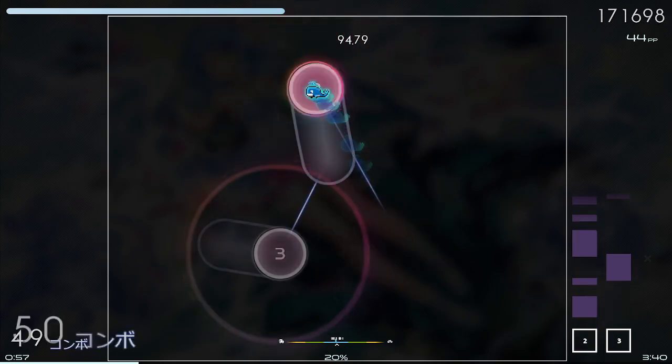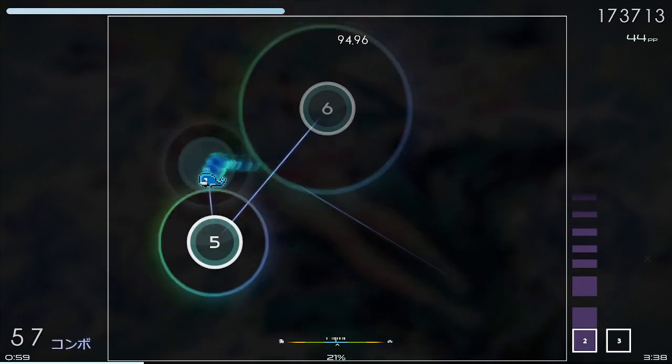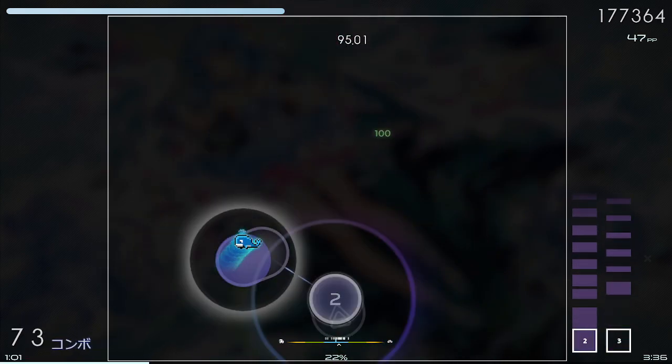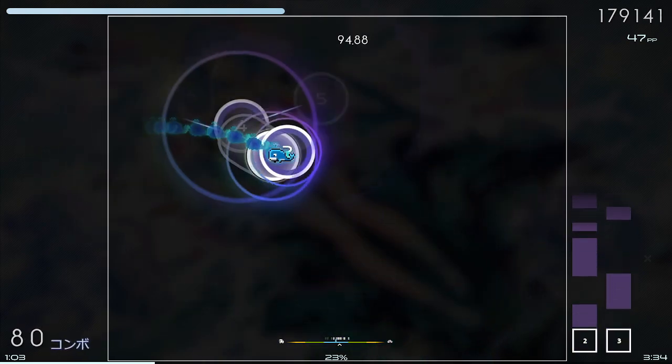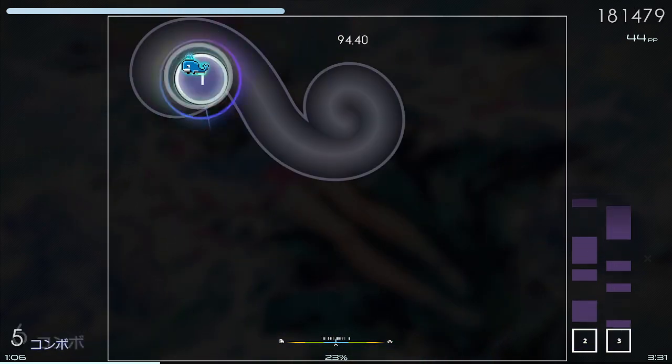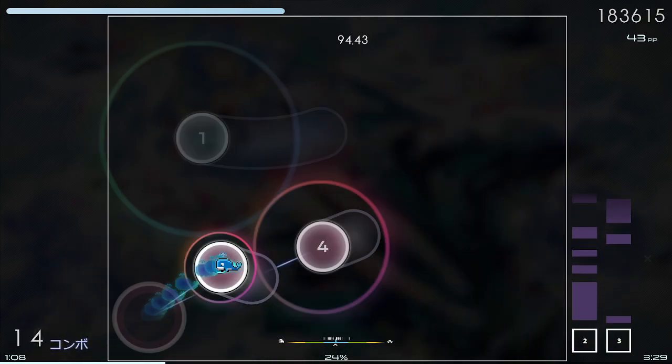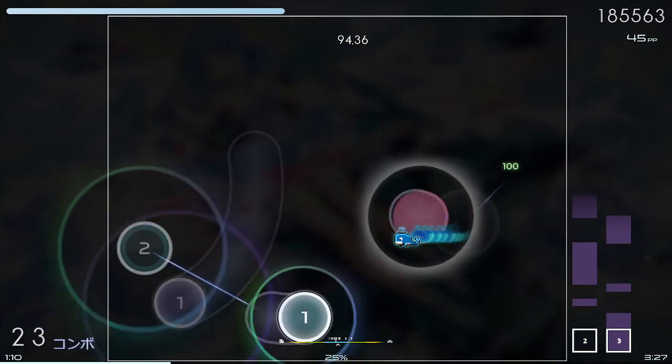And I did not know that for the longest time. So I was like, why am I not getting 300s on any of these? So confused. But yeah, okay, look at this map. Look at this. So yeah, just to show a